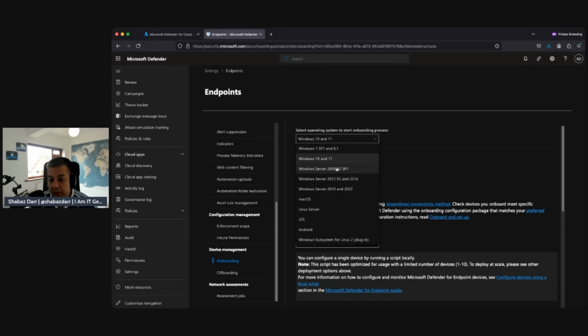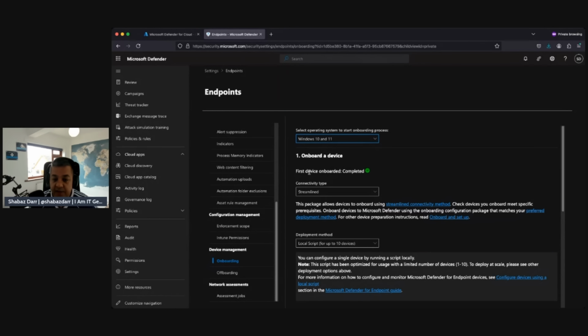Again, depending on what operating system you select, it will have a different methodology of onboarding, which we'll take a look at. Also, it supports macOS, Linux OS, iOS, Android, and Windows Subsystem for Linux 2 plugin. So, for example, the most common Windows 10 and 11, if I go there, first of all, it tells me